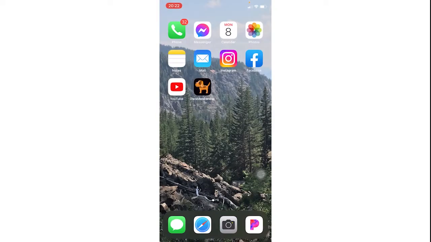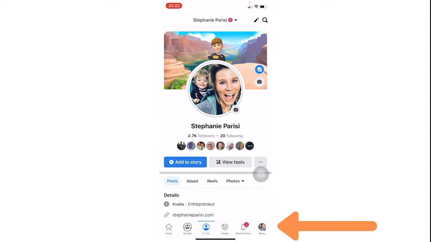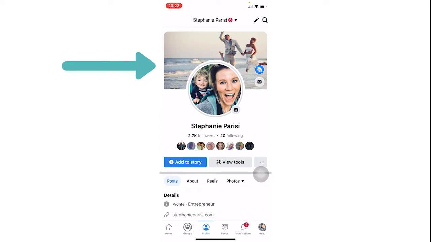All right, so we are going to open up Facebook, and then you're going to go to your profile. You can get there a couple ways, but you can click the button if you have it on your feed in the bottom where it says profile. And you're going to see this demo going on right now with the new avatar photo cover option, and it's so much fun. So there you can see the cover photo that I have right now. I'm going to show you how to update this